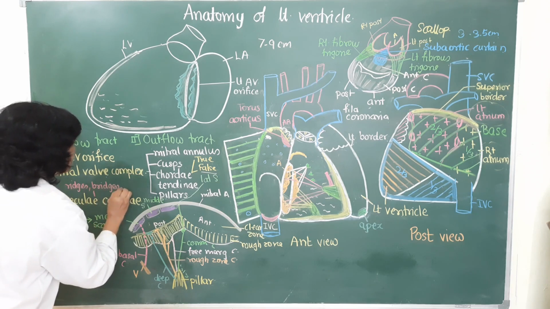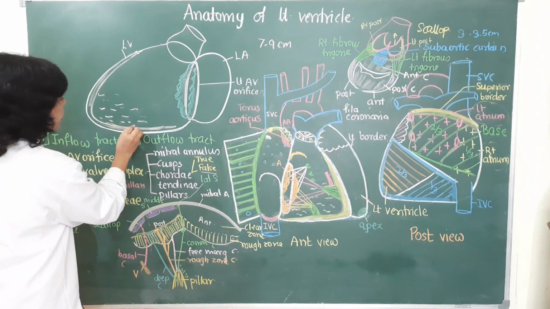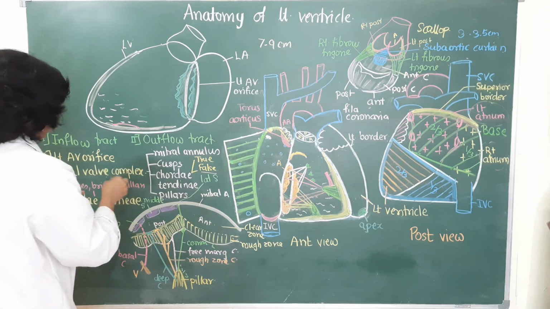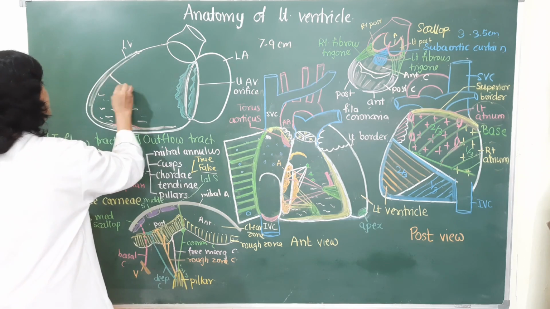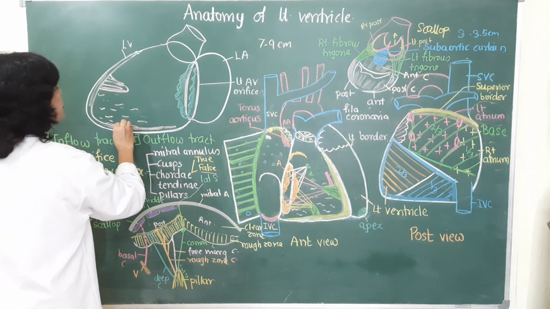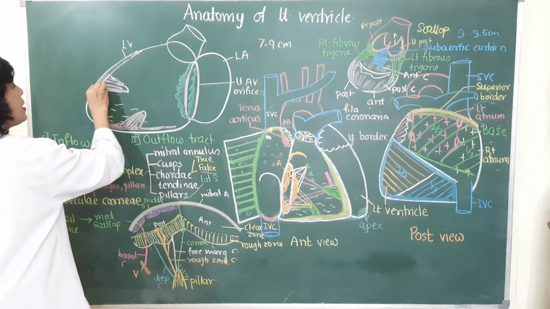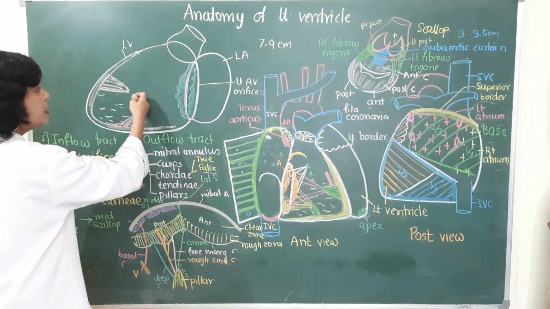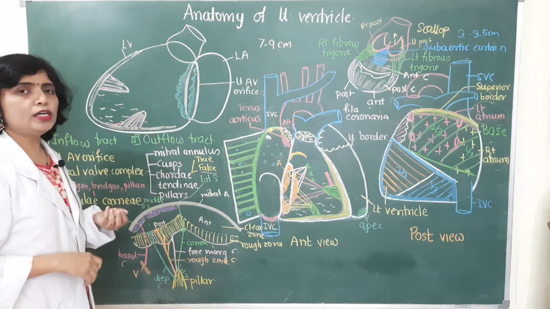Ridges are just surface elevations, while bridges are connected at their 2 ends to the ventricular surface and free in the middle, while the pillars are the papillary muscles, which are conical in shape. So here you get one papillary muscle and here is the other papillary muscle. They are conical in shape. The base of the papillary muscle is attached to the ventricular surface and the apex is free in the ventricular chamber. The upper 1/3 of the papillary muscle gives attachment to the chordae tendineae.